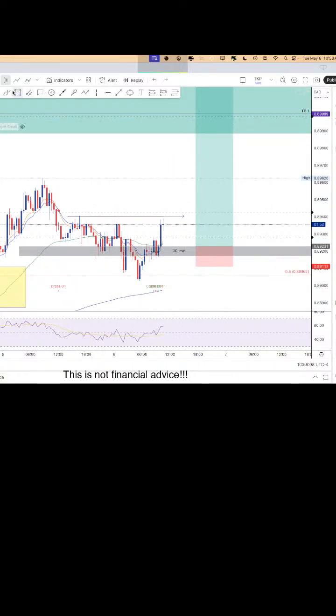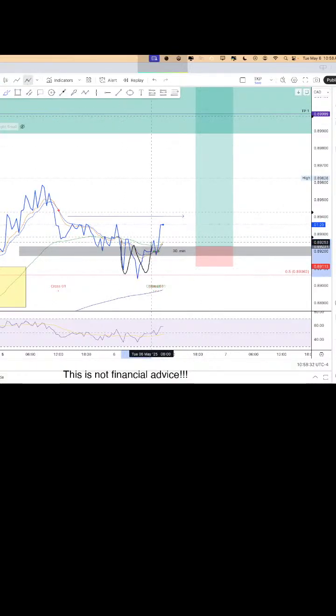See, I don't know what broker you have, but we're right here. So if you go to the 30-minute, right here on this bull candle. If you use the line chart, it looks like an inverse head and shoulders. So what I do when I see those patterns, that inverse head and shoulders, is I play the right shoulder